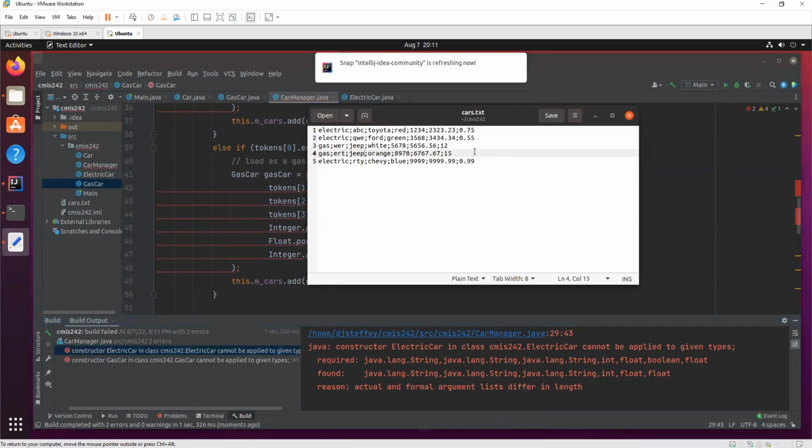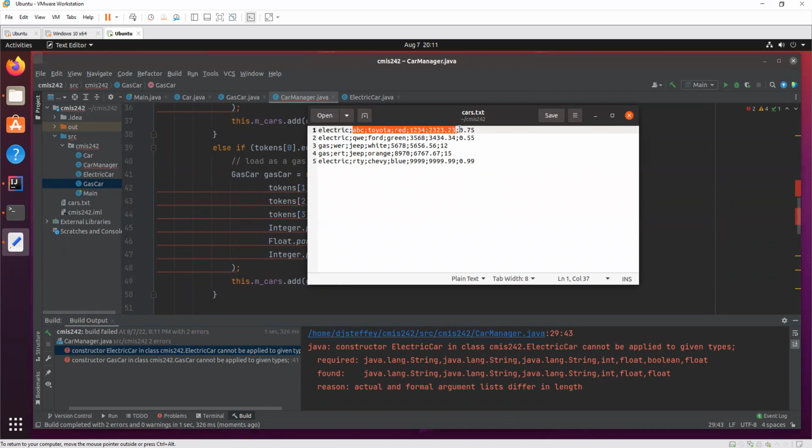So this needs to have another parameter in here if it's sold or not. So remember, all of these here are for the car. And then this was for the electric car. All of this here was for the car. And this is the gas car. Let's keep them all together. And in here, we'll put false for everything, meaning it has not been sold yet.